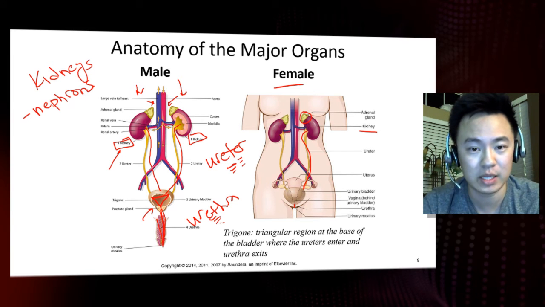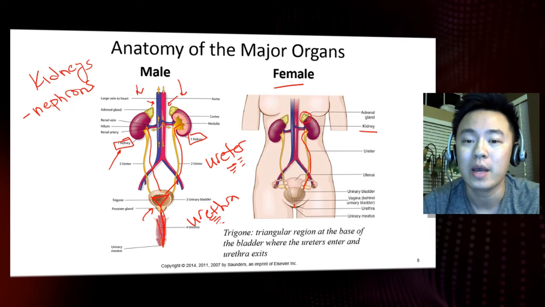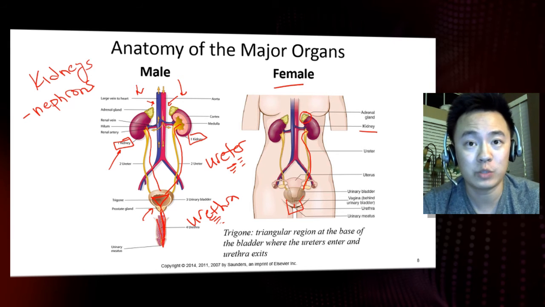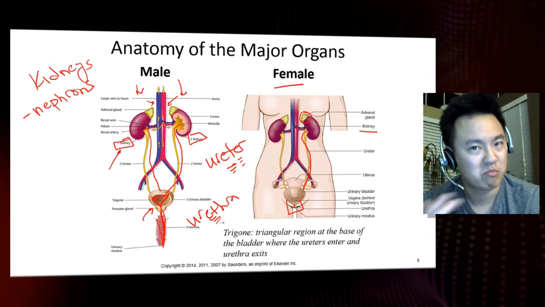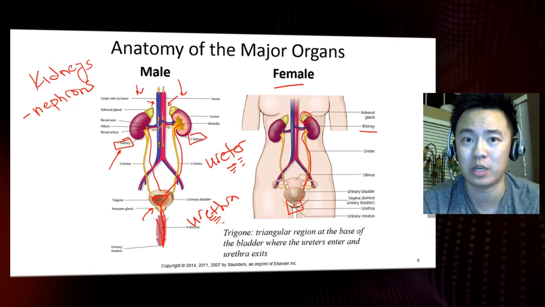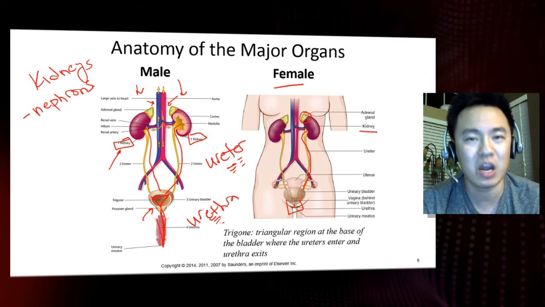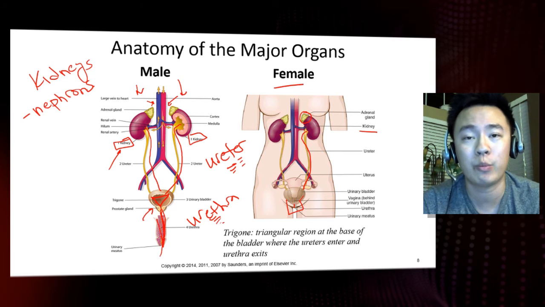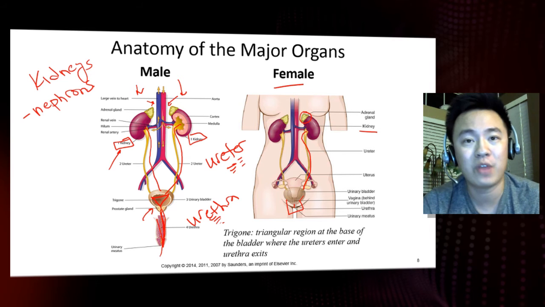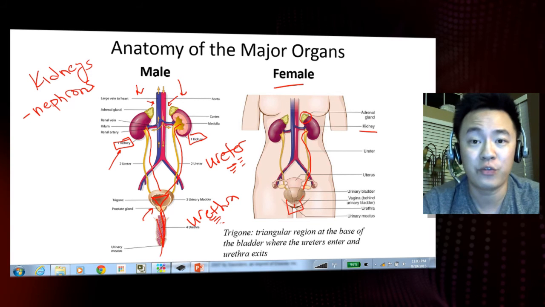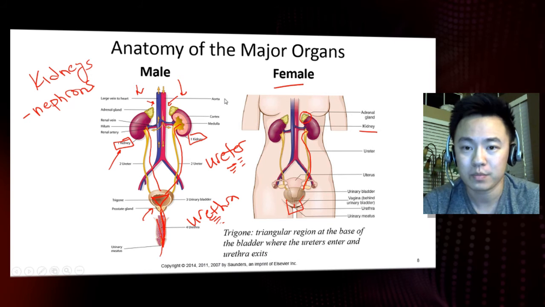So as you can see here, it's tremendously different, which is why women are always encouraged to go to the restroom when nature calls, because for bacteria from the external environment to travel 2 centimeters doesn't take that long, compared to men, who have 10 to 12 centimeters of urethral length. It takes forever for bacteria to travel up that urethra and land themselves in the urinary bladder, where you have a very dark, very damp, and very warm environment. Three ideal conditions for growth of microbes and bacteria.